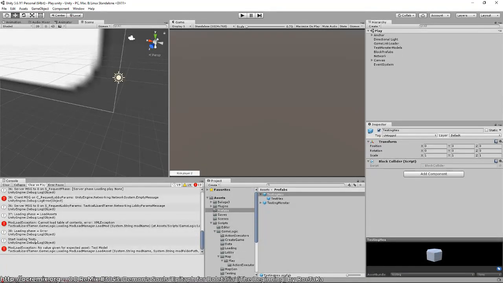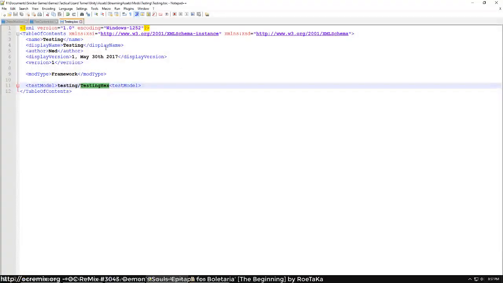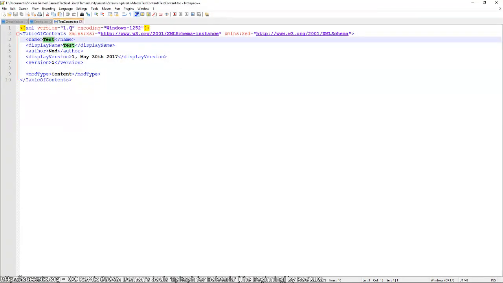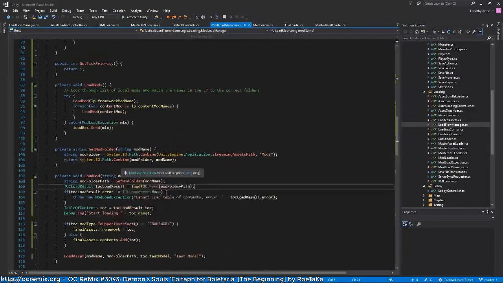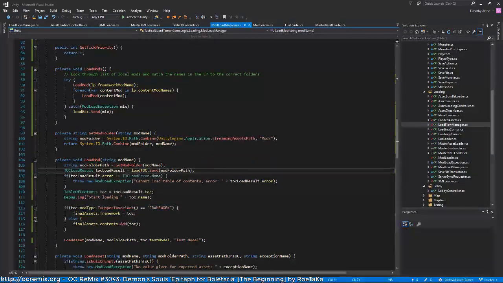Okay, so it does load test. Oh yeah, and so the content mod, test content. Okay, should do this. Yeah, because the mod name really should not be table of contents. Well, I guess this is just for display, but the mod name is actually the name of the folder. But anyway,